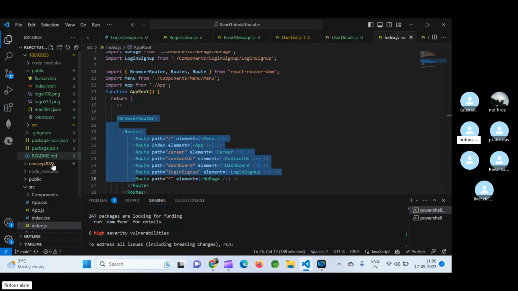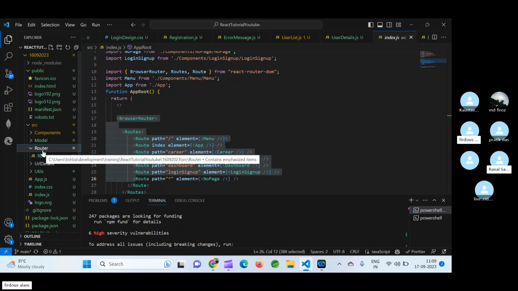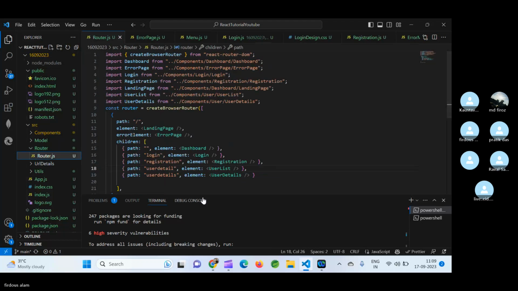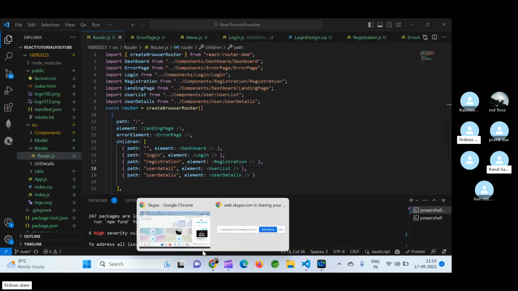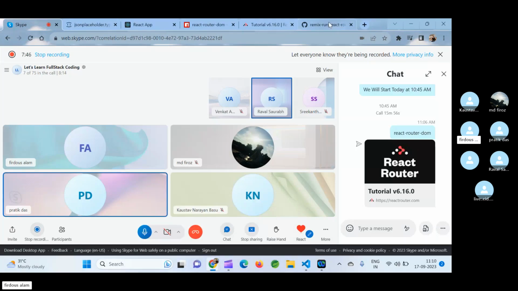But what I did for the new, updated version, I created one folder which is called router. Inside that folder, I added this thing. So if you go to the main folder,